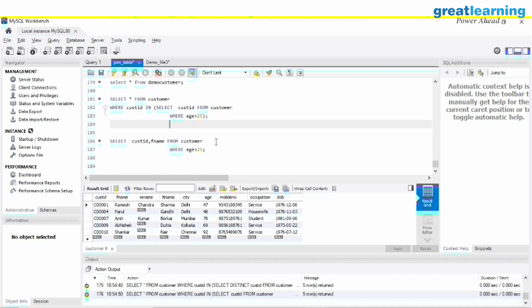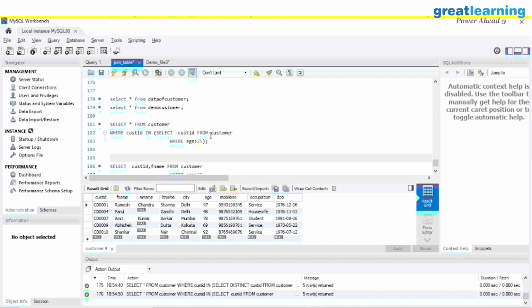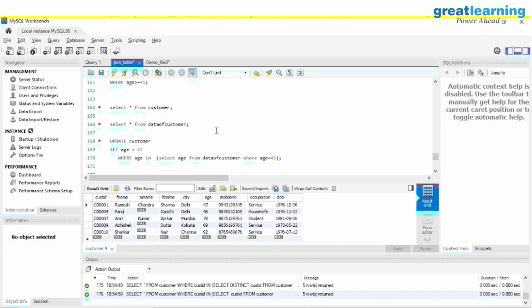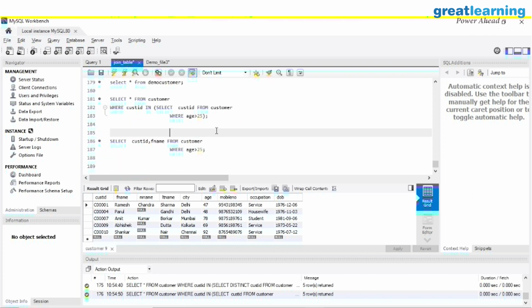Now we are going to learn how this delete works, how this update works, how this select works, and insert into as well. These are quite nested queries as well as correlated queries. We do have lots of other options; later in the tutorial we are going to make a project and feed data into a complex table as well. At that time you will understand more easily how these concepts work. So these are all the subqueries we have in SQL.